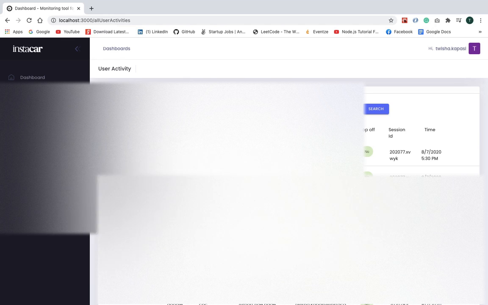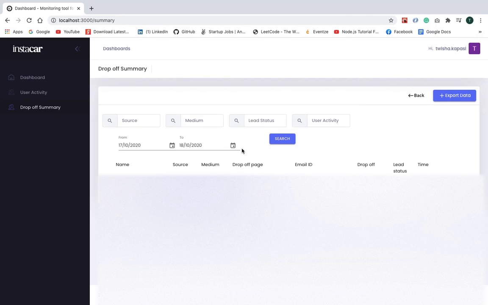This application has a cron job running at the back end, which calculates every 10 minutes if any session was completed. If there were, then the application calculates the user activities and predicts if they transacted or dropped off, and if they dropped off, where and when they did it. All this information is stored in the drop off summary table,